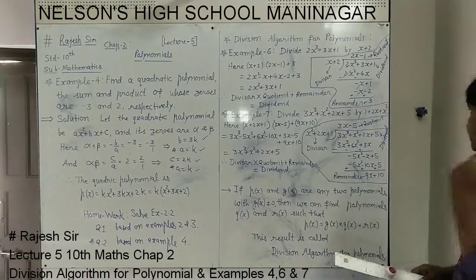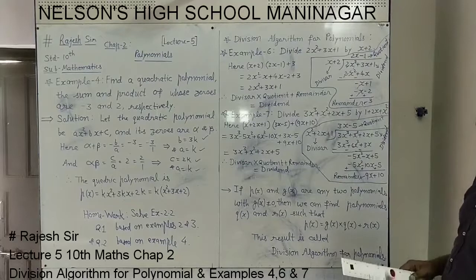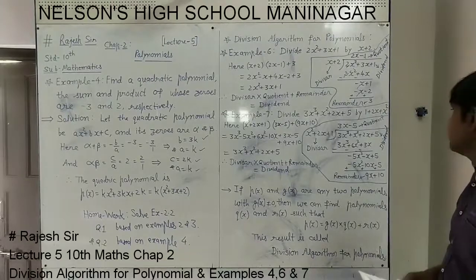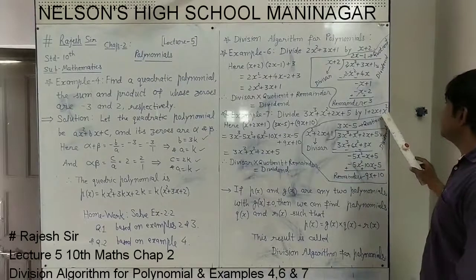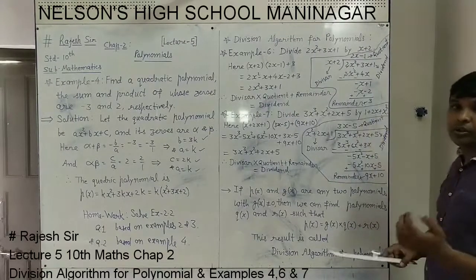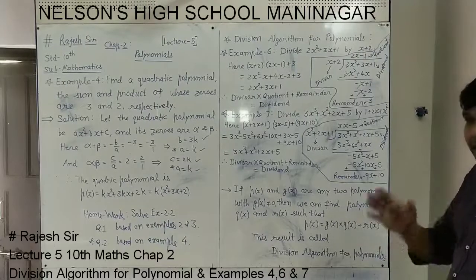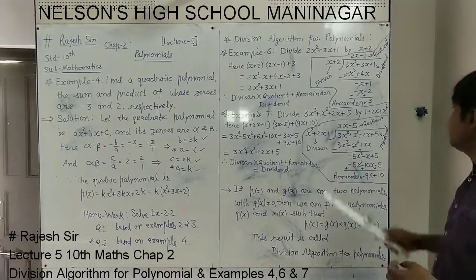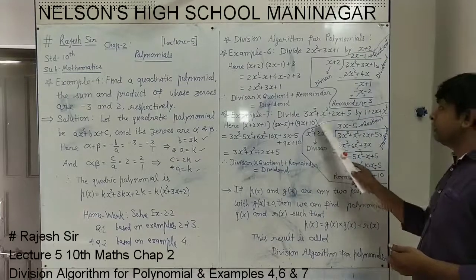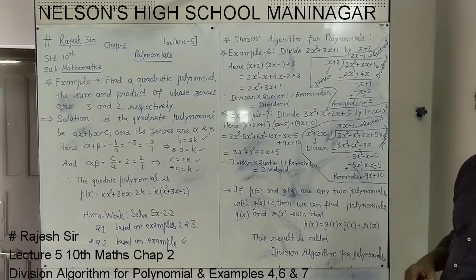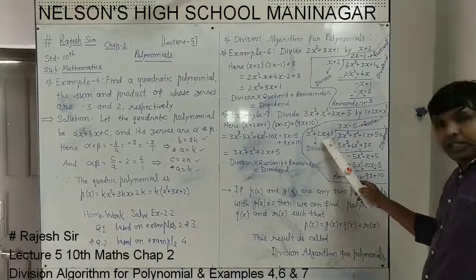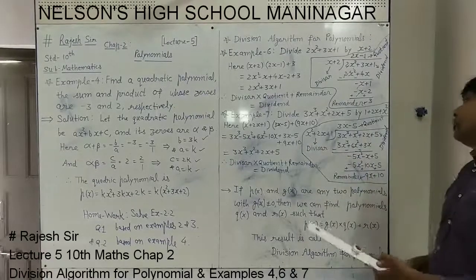So always in a polynomial you have to write the terms in arranging order, descending powers of x. Here the power x square is at the end, power 1 is in second place and power 0 is first. So we have to arrange the terms in such a way that degrees will be in descending order. So we will write x square first, then plus 2x, then plus 1. This way we will arrange in decreasing degree of the terms. So this way we will arrange first and now we will divide.